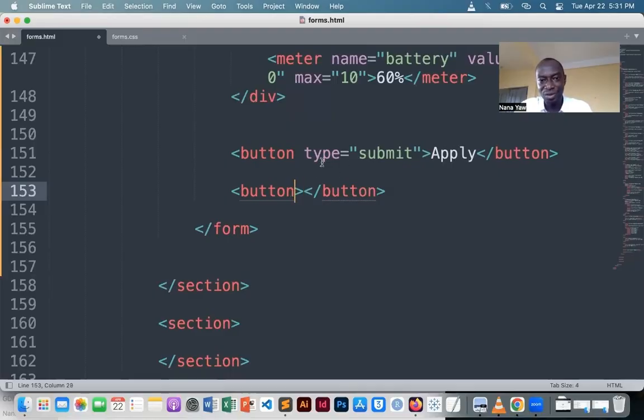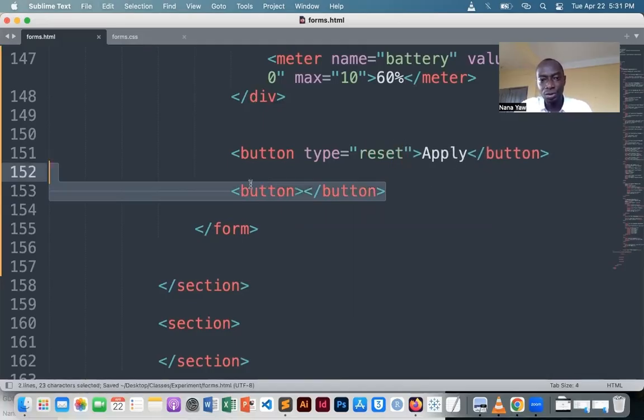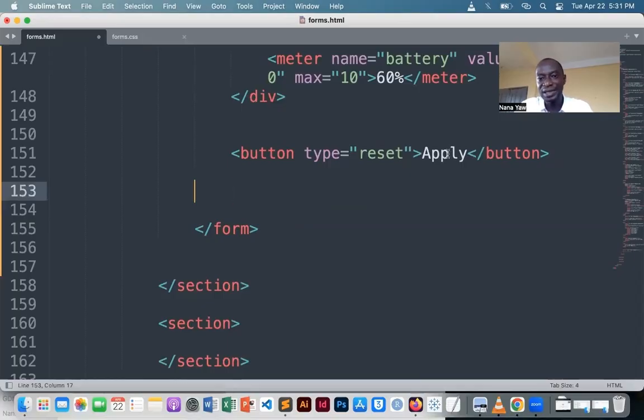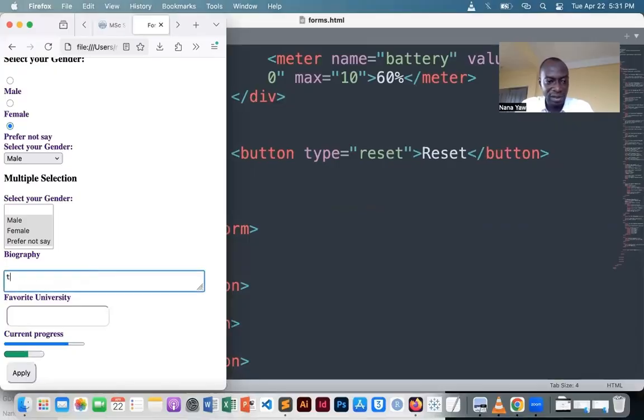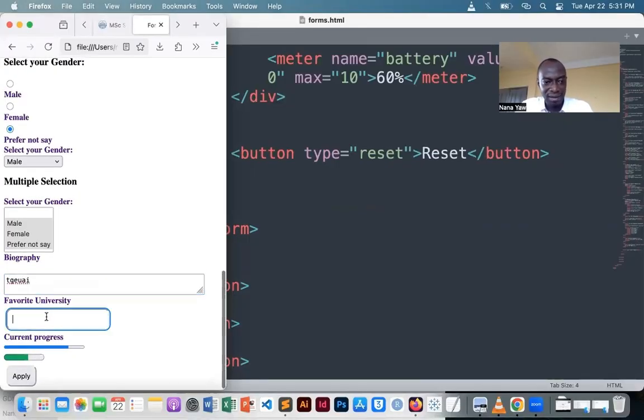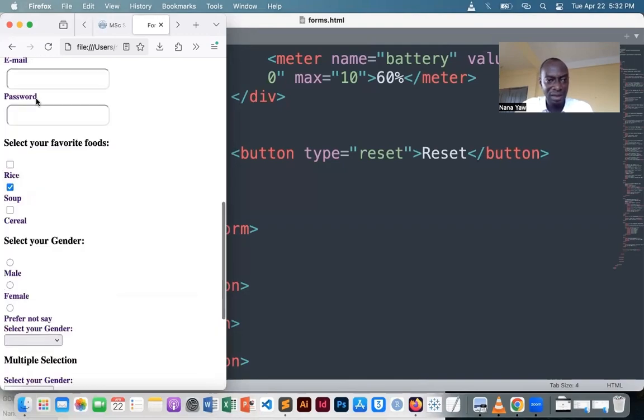And it has a type. So instead of input and type submit, it has a button. And you can also have a reset button, right? A reset button that allows you to reset. When the person clicks, it's going to reset. So let's implement that and see. Let's say we've selected certain things, we've written certain things. We have things here. Let me first refresh. When I hit reset, as you can see, everything has gone back to the default,